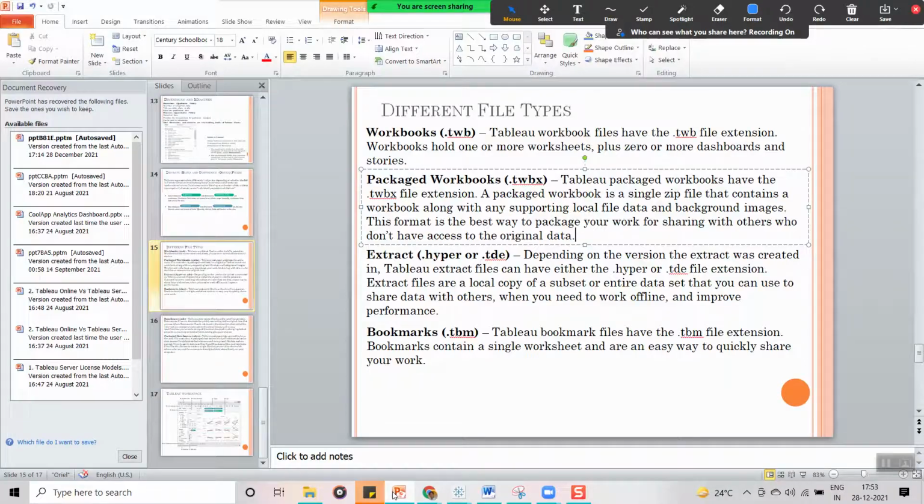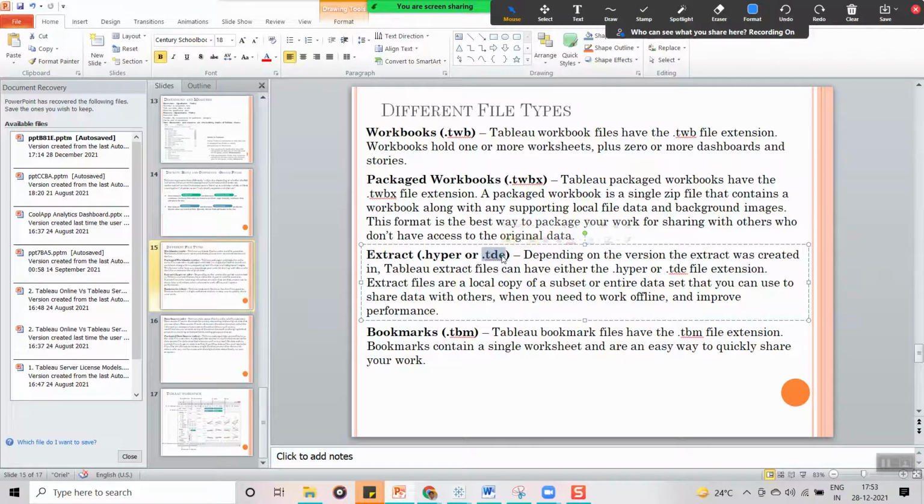Now we have the dot hyper and TDE files. Guys, last time we already saw that this is an extract. Whenever you create an extract file, the file type is dot hyper format, or TDE. TDE means Tableau Data Extract, used in earlier versions, I think before 10.4.